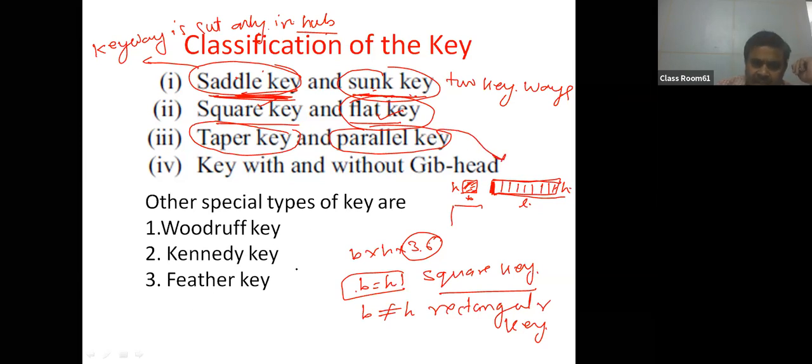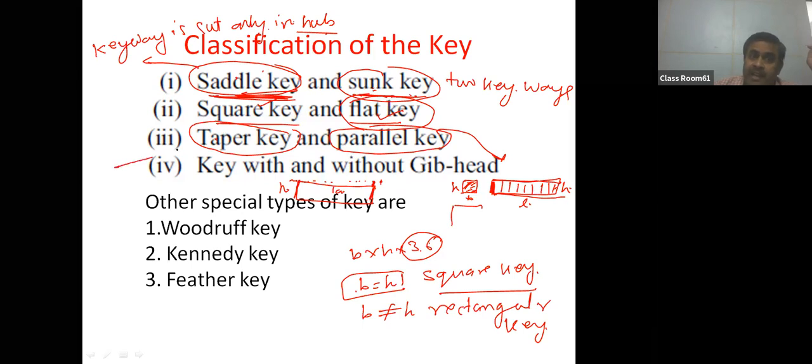And when there is a slight taper involved, again I'm making a diagram of the key. On the top surface, here the thickness is H, and here the thickness is not H, and there is a slight taper, a right triangle will form. So it is a difference in the thickness. Let this be 1, this be 100. Taper is generally of ratio 1 to 100. So when taper is provided throughout the length of the key, it means the thickness of the key is not constant throughout the length. Then in that case, that key is known as a taper key.